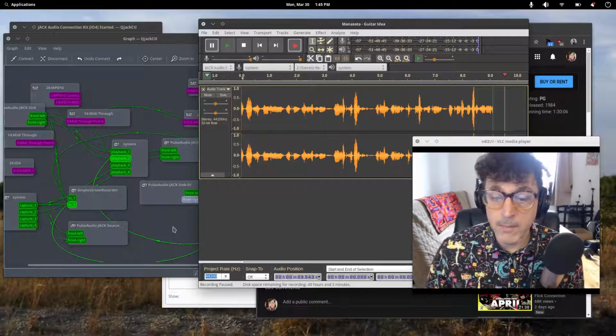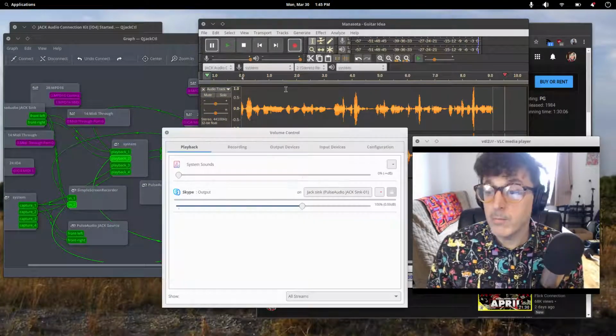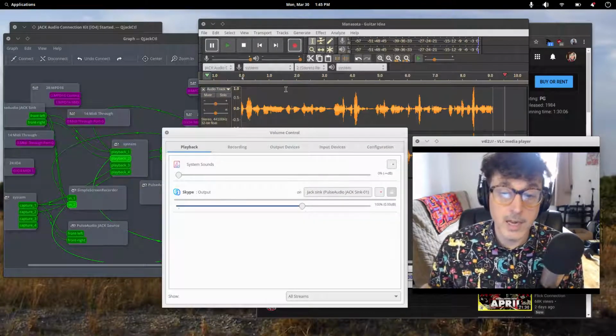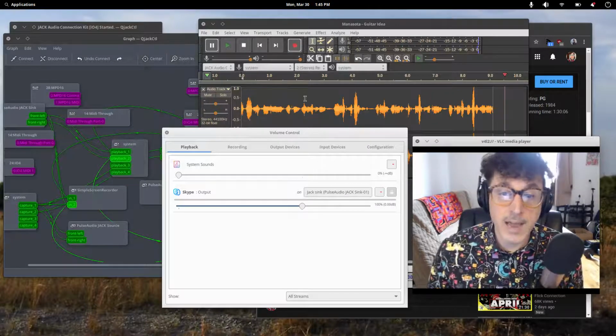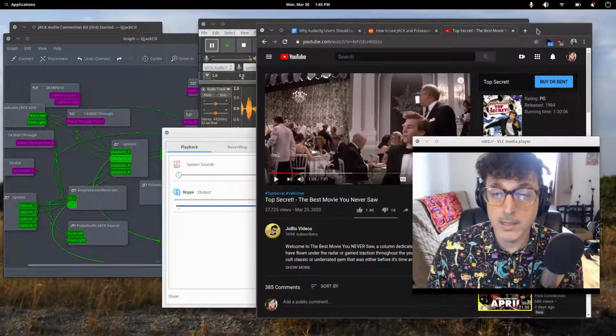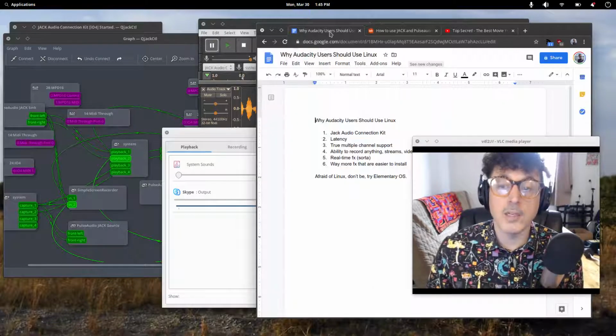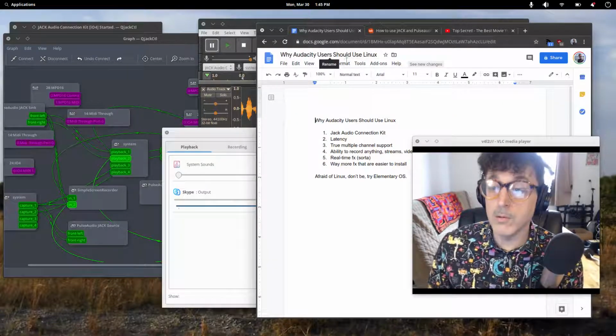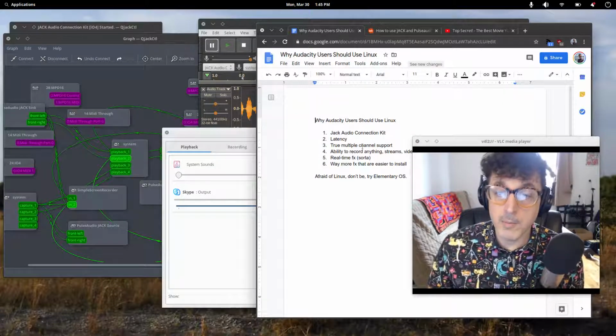That you don't have the ability to record directly out of the program. Regardless of whatever you're using, like I said, you can record it within Audacity in Linux. And this is actually a really, really nice feature and something that you can't do within Windows. So just wanted to bring that up.